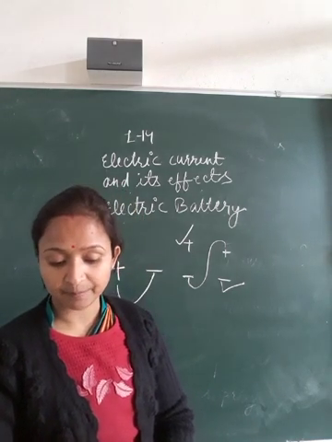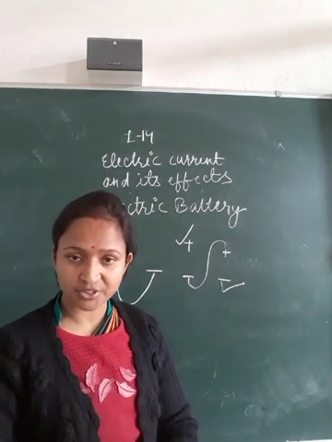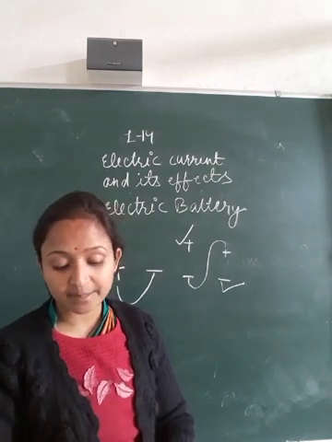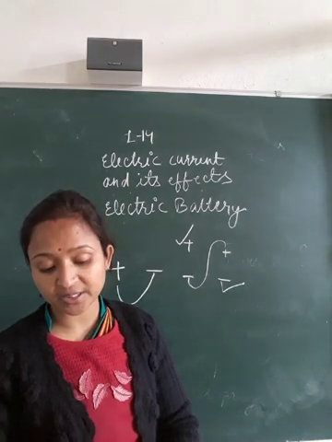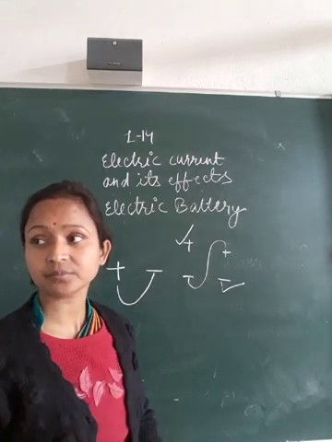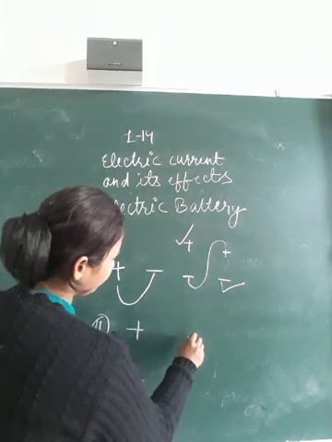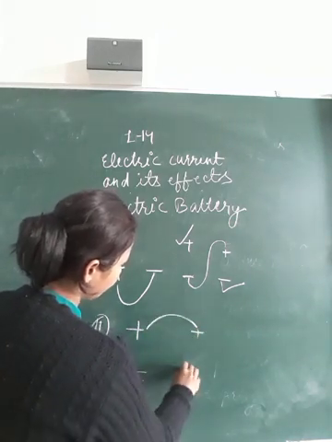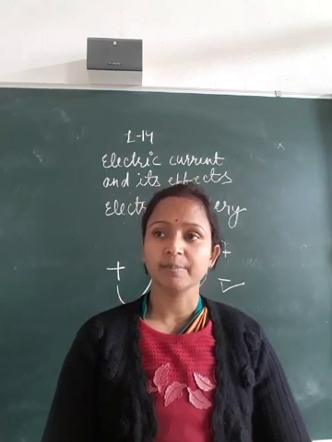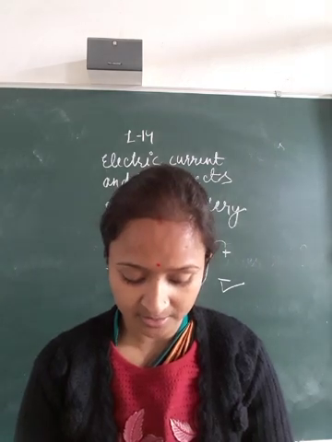Battery with cells in parallel. In this kind of battery, the individual cells are connected in such a way that their positive terminals are connected to each other, and the negative terminals are connected to each other. So this arrangement is a battery with cells in parallel, not in series.